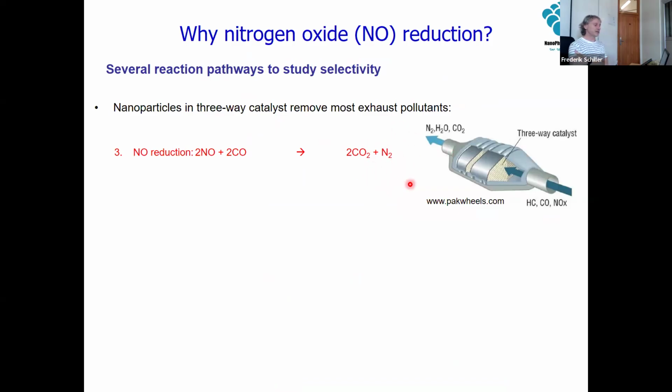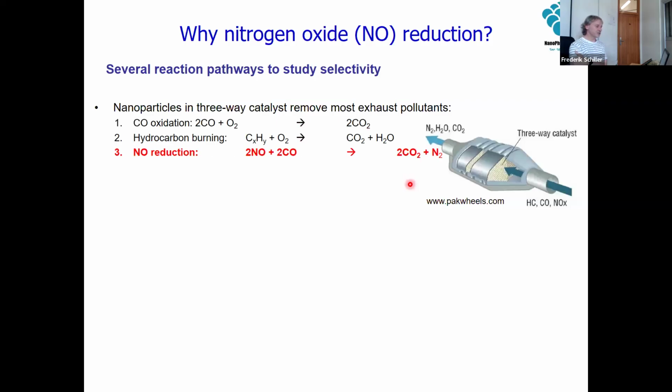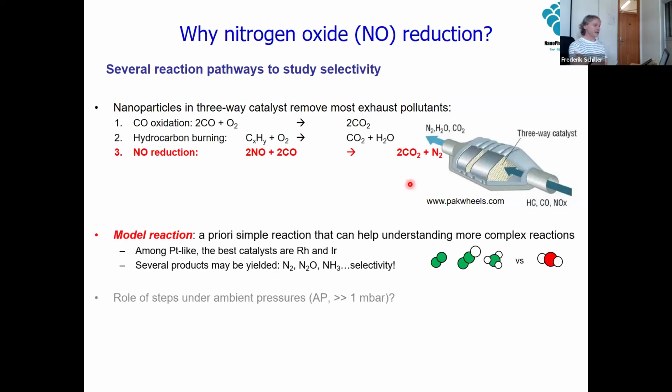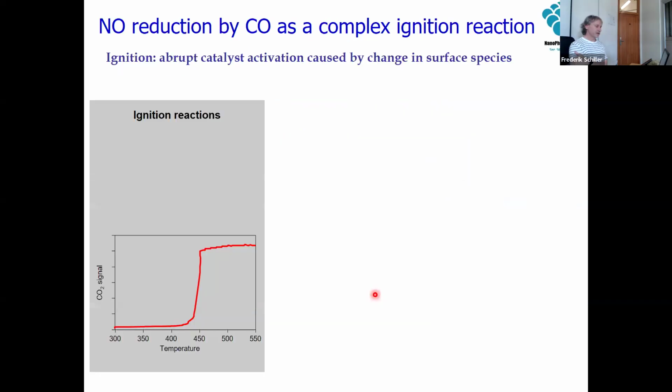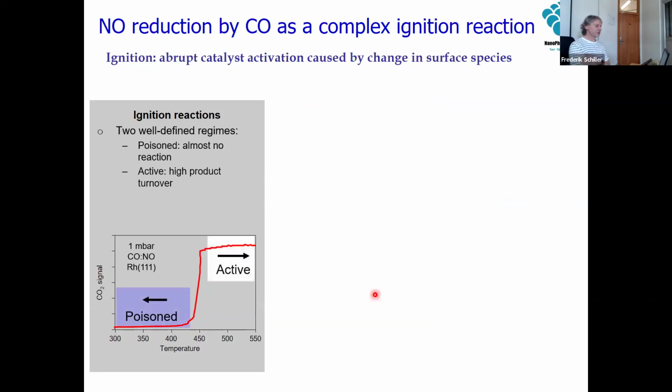So we will also need some catalyzer, as in the other two reactions that we had already. And the catalyzers we will use here are, again, rhodium and iridium. This experiment is done in Hamburg. We will go to more or less atmospheric pressure, so 1 bar. Again, this is like it should usually work. So we have these 2 stages of the catalyzer, a poison stage, an active stage, and in between, let's say, the ignition, the onset of the